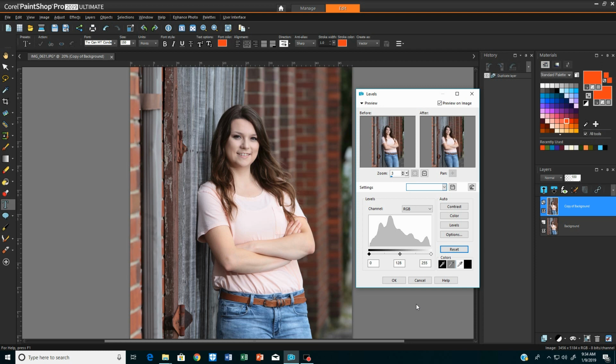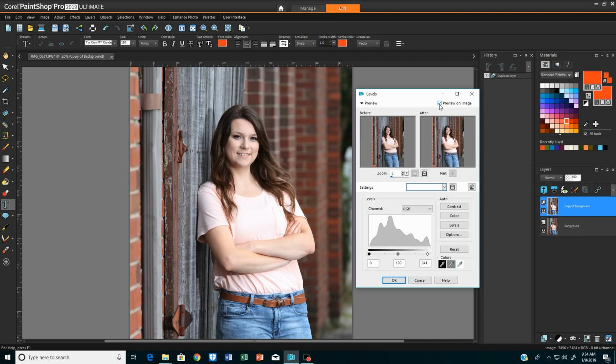So the things that I want to do, I want to adjust this white point, midpoint, and the dark point. So I'm going to pull the white point down just a little. This will brighten the image just a little bit. Did you see that? If yours didn't do it, then you will need to check this box that says Preview on Image.